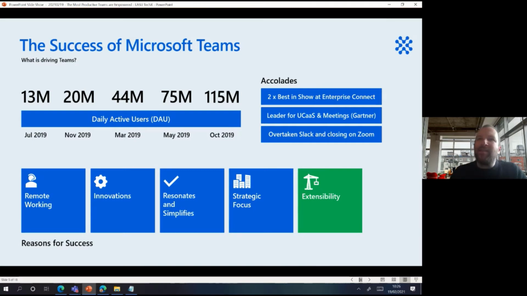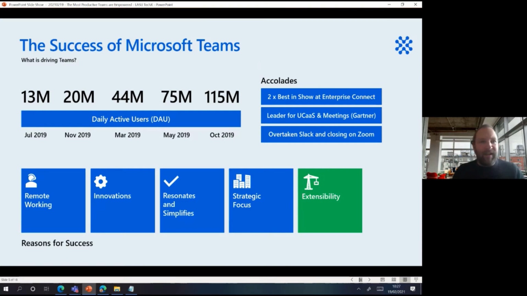Now, why has that grown? First of all, it's due to COVID-19 and the fact that most of us are now working remotely. So the world over, it's changed the way we worked, it's changed the way we lived. We are moving to remote working. That's been a big factor in the growth of Microsoft Teams. In addition, though, there are many other factors. Number one,